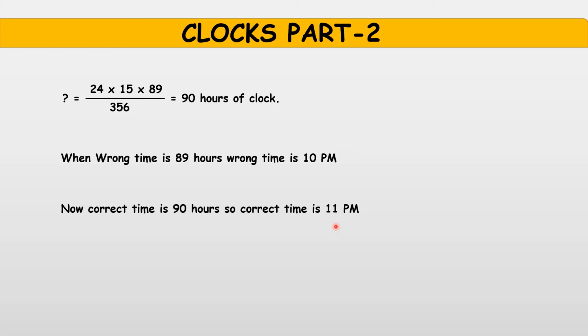The basic funda of this question is a clock loses or gains. When it gains, we need to add that to 24 hours and follow the same procedure. When it loses, we need to subtract that from 24 hours and do the same procedure. So we'll get the correct time. When it loses time, you will get more time than you assumed, so you need to add that to the exact time. When it gains, you will get less time after solving, so you need to subtract that from the exact time. So that's the motto of this question.